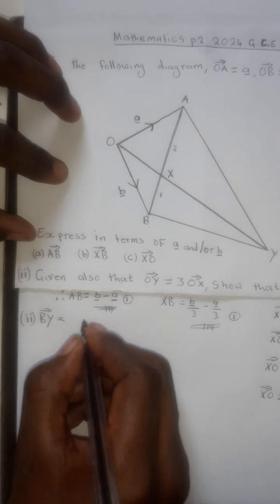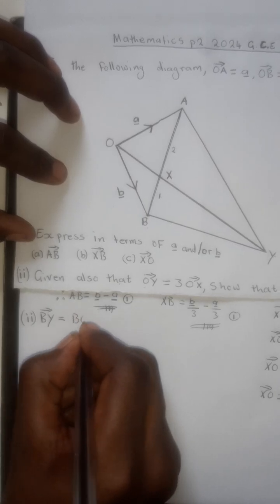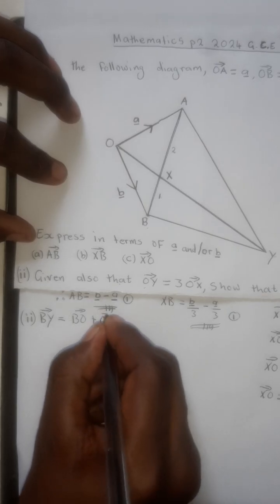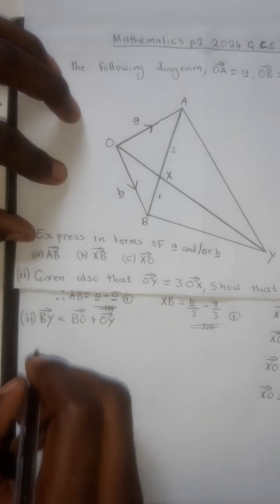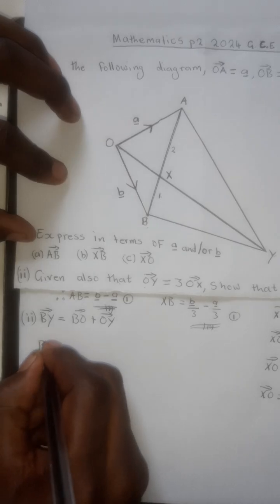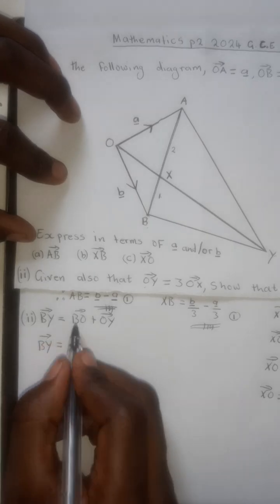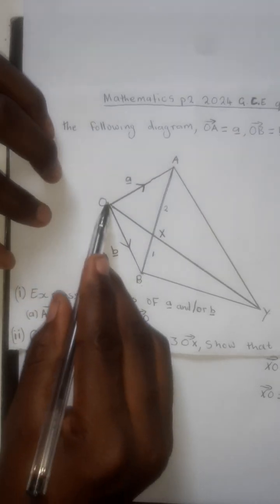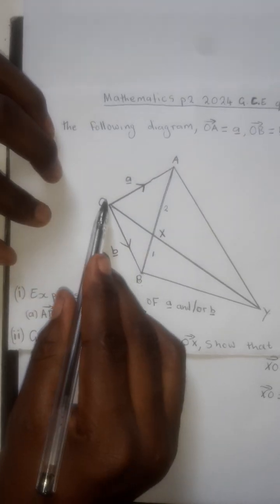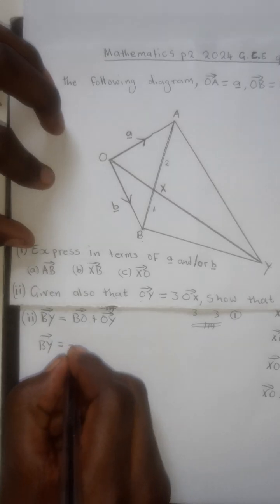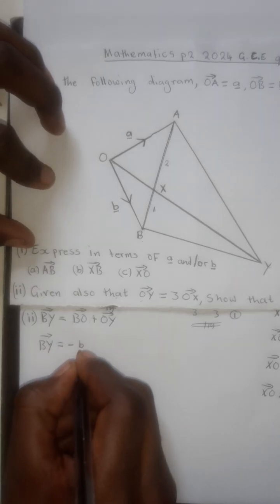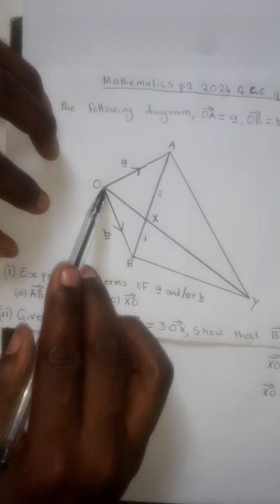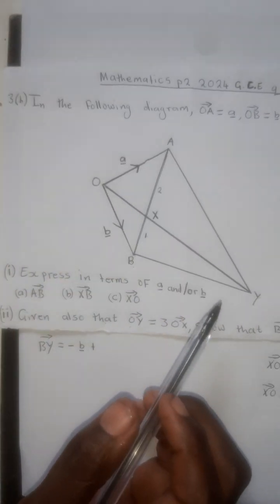So BY will be equal to BO plus OY. Okay, simple. Now, let's proceed. So BY is equal to, what is BO? BO, we are opposing this direction, so it becomes a negative. So that will be negative vector B plus, what is OY? Here we don't have OY, so we need to find